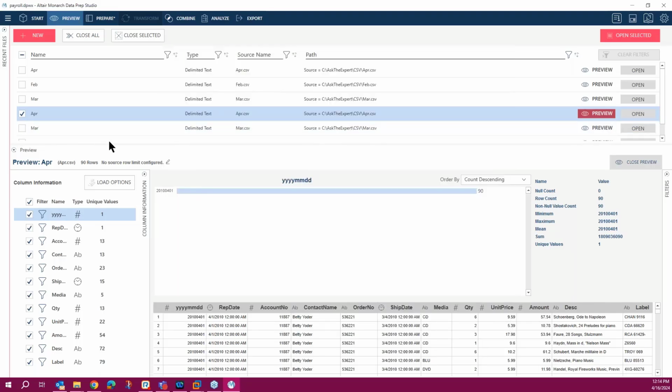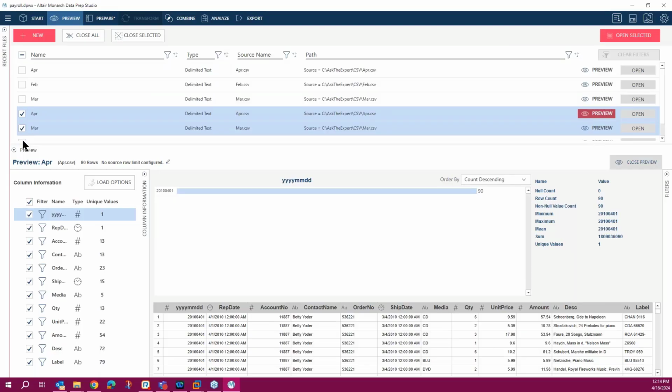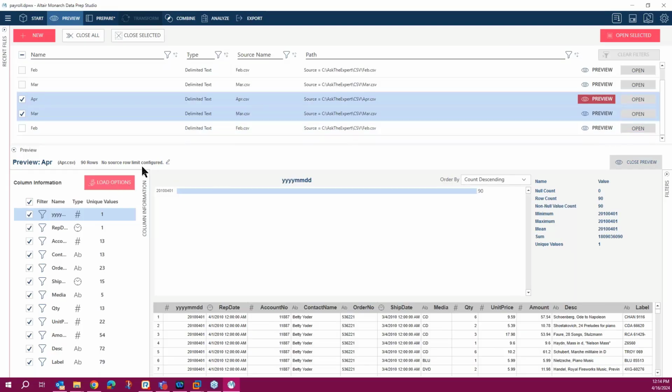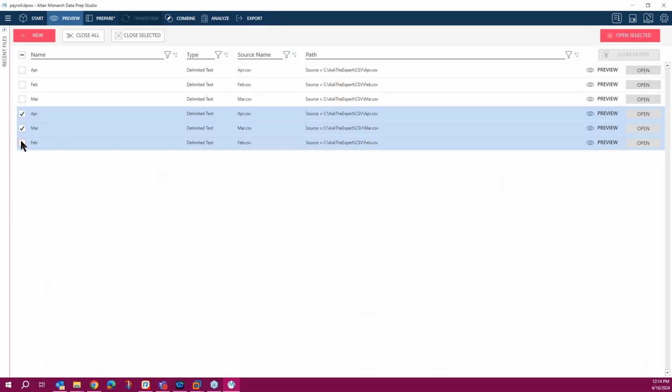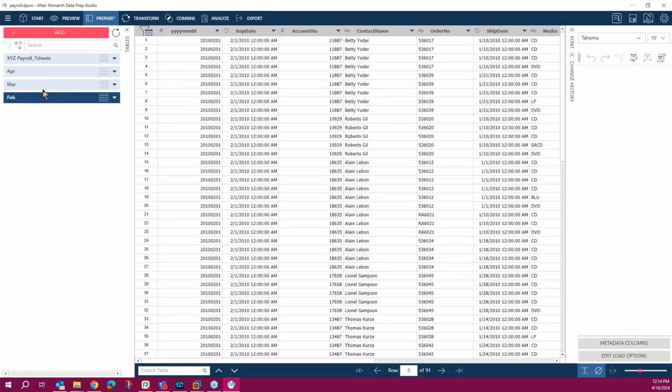But if I want to just load, let me just hide this. Close window, and then open selected. So these 3 are selected, the new ones that I drag and drop, so I can just add them here.